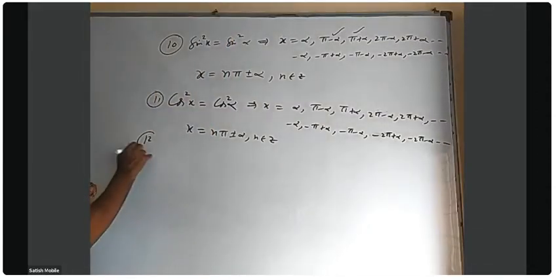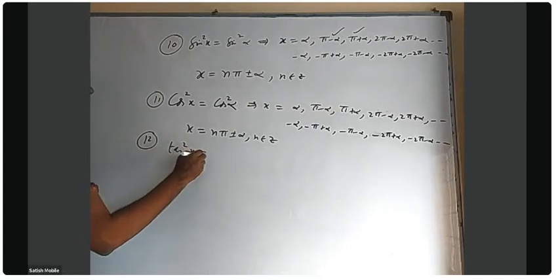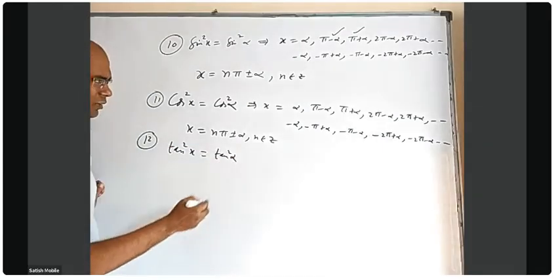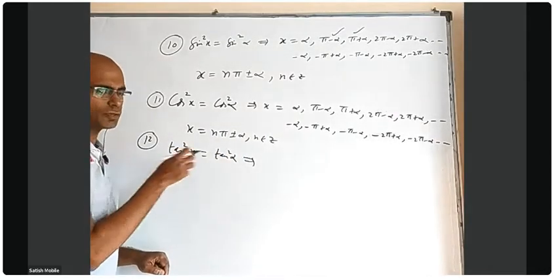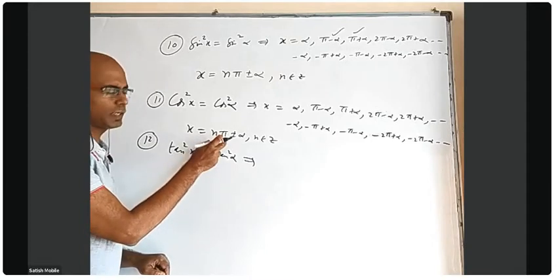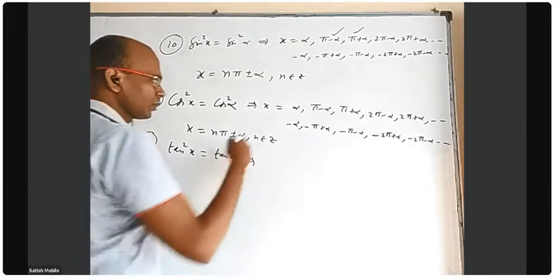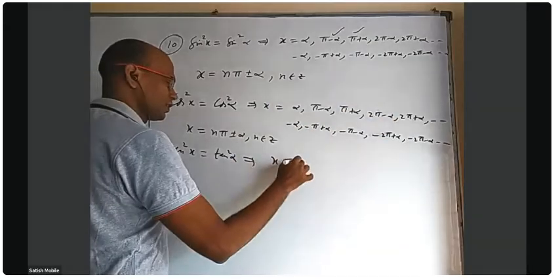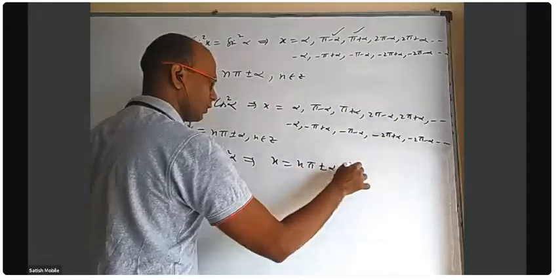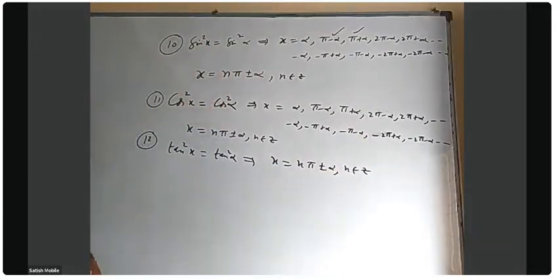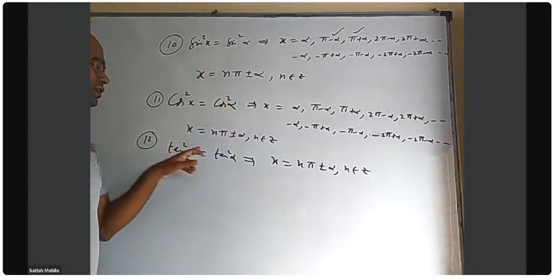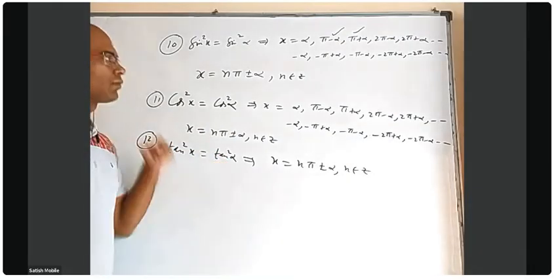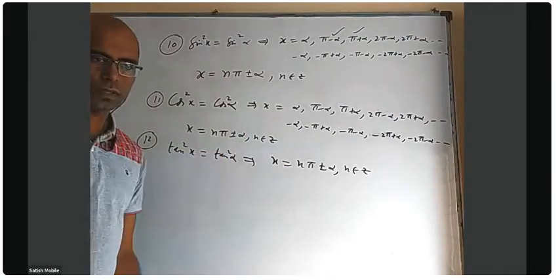Okay. Tan also, same story, so I'm not going to spend any time on it. Taking an example, tan square x equal to tan square alpha. Again x can be alpha, pi minus alpha, because tan will remain as tan. Tan should not become cot, which means it should be a multiple of 180, not an odd multiple of pi by 2. So I will not even write all these examples directly. x equal to n pi plus or minus alpha, n belongs to Z. So we don't have any difference in the formulas here. Whether you have sin square x equal to sin square alpha, or cos square x equal to cos square alpha, or tan square x equal to tan square alpha, as long as squares are there, the solution for all of them is x equal to n pi plus or minus alpha.